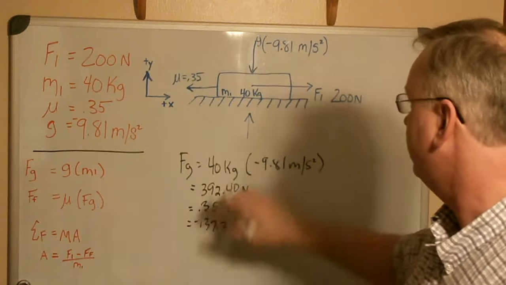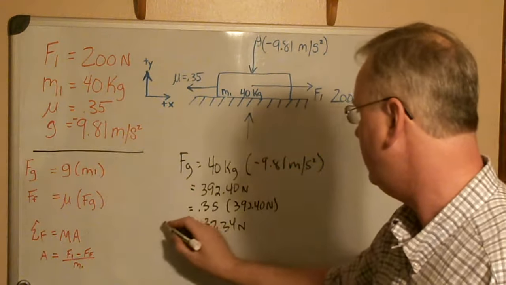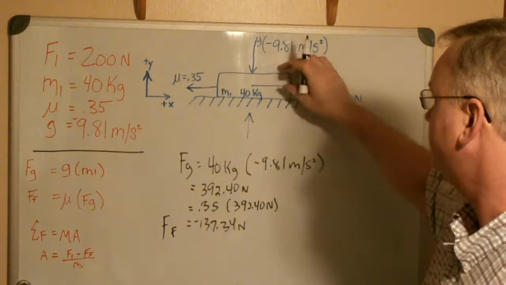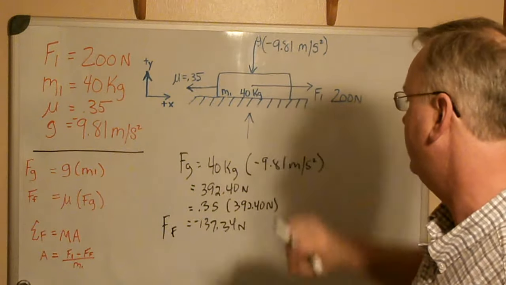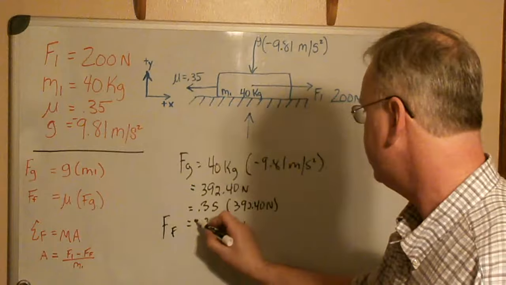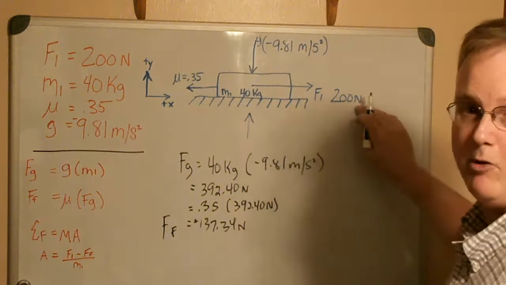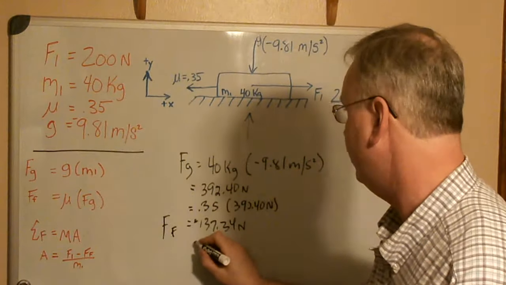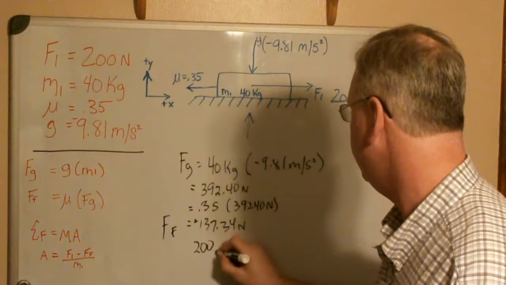So this force we'll call our friction force between these two bodies of the wood table and the wooden box. Since it's a negative force, we can deduct it from our positive F1, and we'll find that 200 newtons